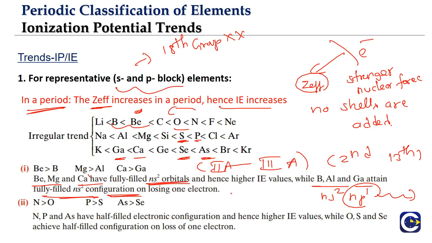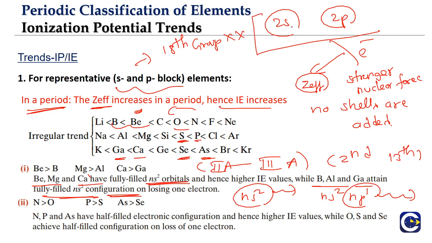So there are two reasons that we have talked about for this. What is one? The removal of a lone electron from the np level will be easier than removing electrons from the fully filled ns subshell. The second thing: for beryllium and boron, in beryllium we are removing an electron from the 2s level, and in boron from 2p. The valence shell is the same for both. So s orbitals will be more penetrating towards the nucleus, which means it is difficult to remove the electron from s orbitals than from p orbitals.